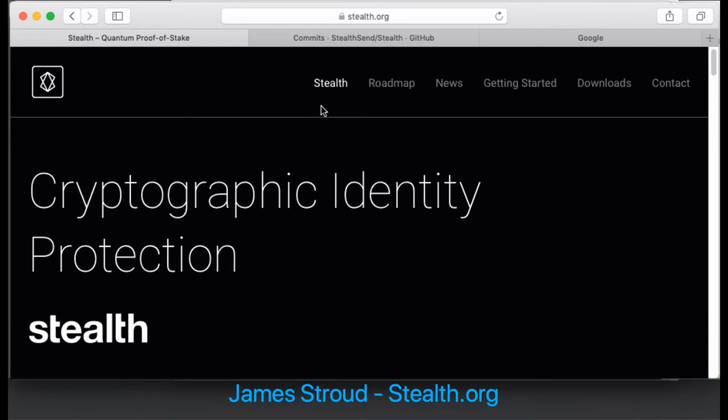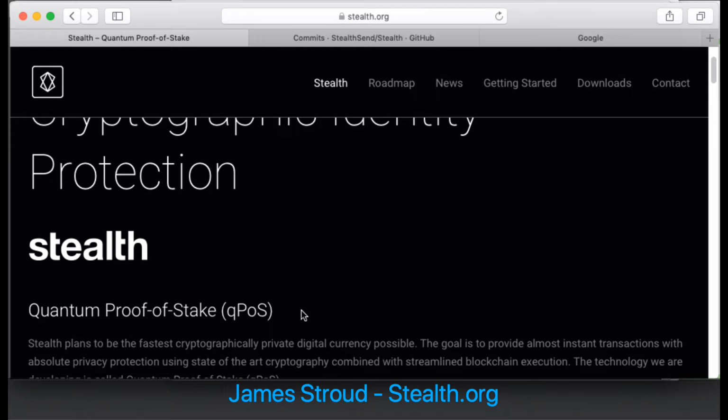There are lots of different consensus protocols out there. Quantum proof of stake is one of them. We think it's a good one, and it may appeal to some people who are interested in blockchain, and other consensus mechanisms may appeal to other people, but we think this one is pretty good. Certainly has fast blocks and has some cool features not found anywhere else. But today I'm not going to talk about the technology so much as how to use it,